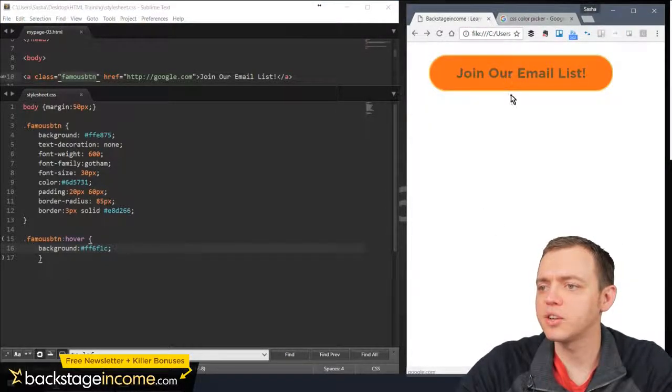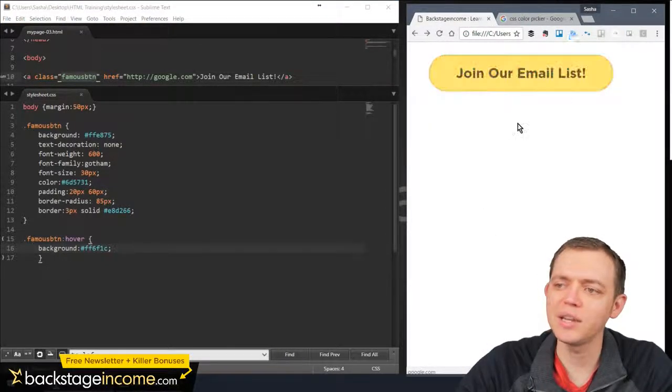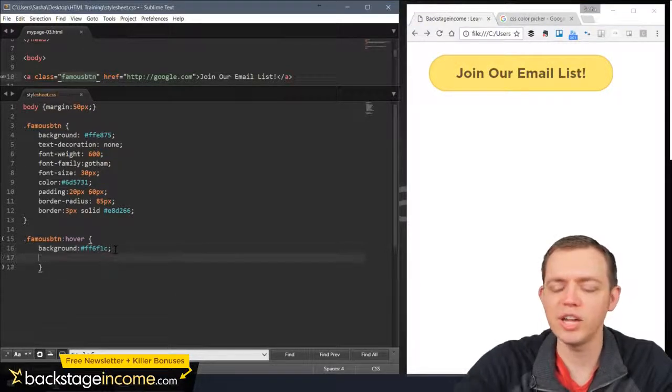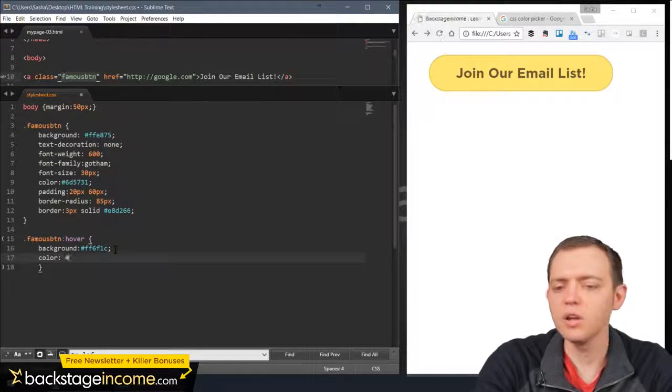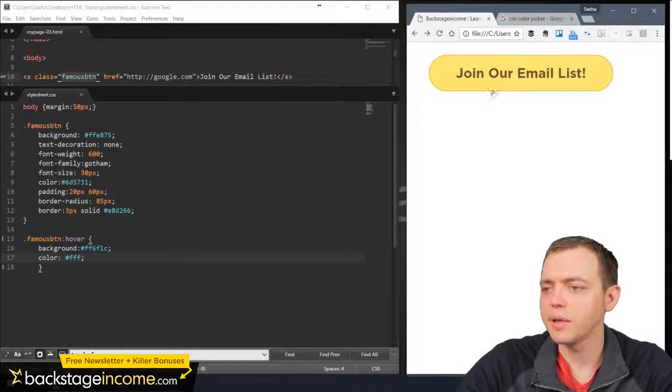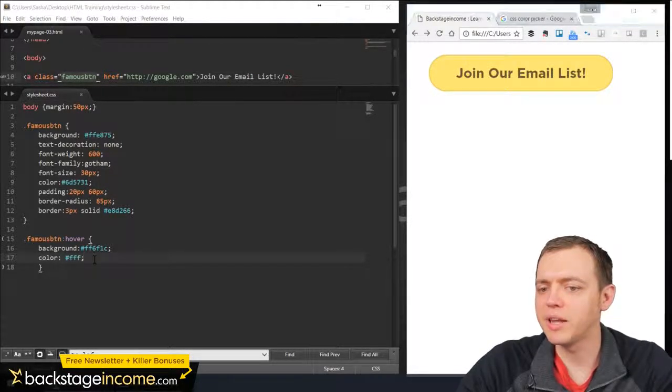Let's just see how that's starting to look. Okay, and as you can see, my text is staying the same. So I'll need to change that color of that text. And we'll go to white. Okay, so now as I roll over, you can see how that's starting to look. Looks pretty good. I don't need probably that border,